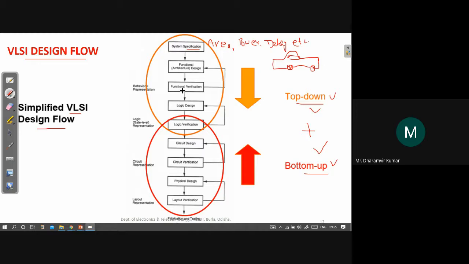Look at this verification part. This is essential because you will see that verification occurs here, here, here, here. In this simplified VLSI design flow, verification is done four times, and each of these verifications is different in nature.